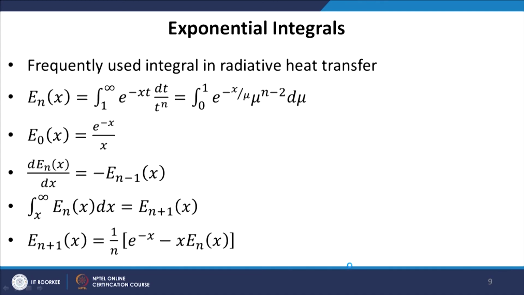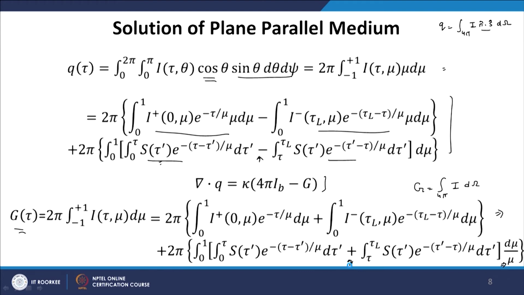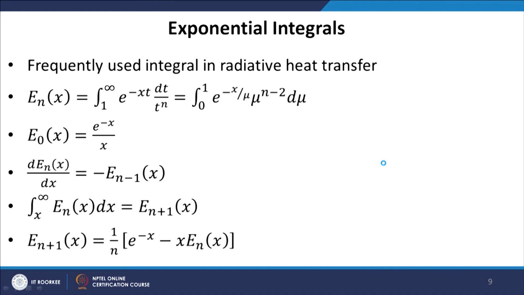So, the expressions for q and G are very similar to each other. As I said, the solution is complete as of now. The only unknowns left in this solution are the integrations appearing in these terms, especially the integration of this exponential term. Every time we solve this problem, it is very difficult to calculate these integrals. So, researchers and mathematicians have evaluated this integral. In fact, these integrals are very popular in radiative heat transfer; we call them exponential integrals. They have been pre-calculated and tabulated in books.